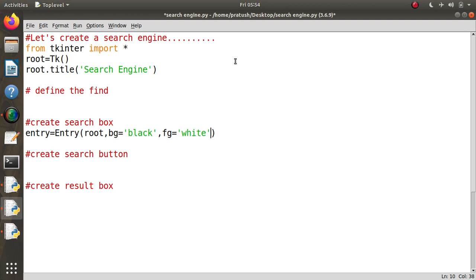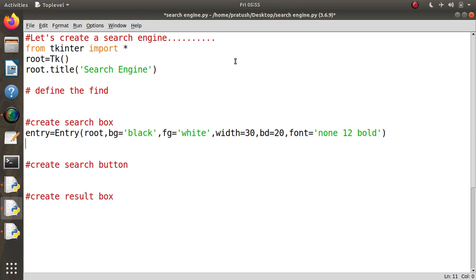Then width equals, suppose, 30 text units. Then border width, that is bd, will be, suppose, 20. And for font we will choose none 12 bold.